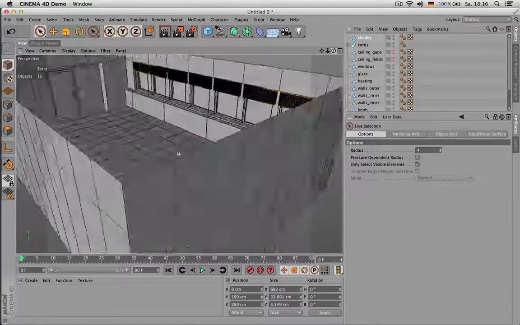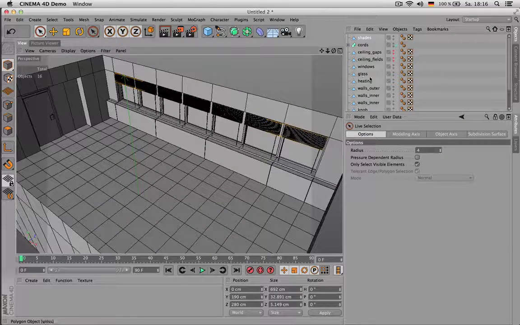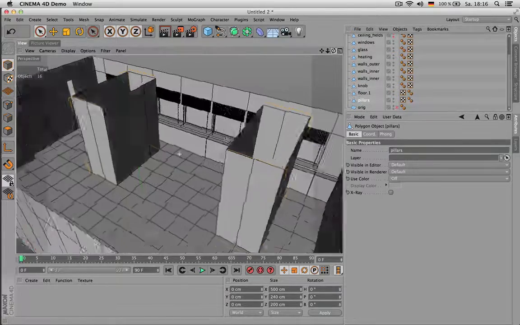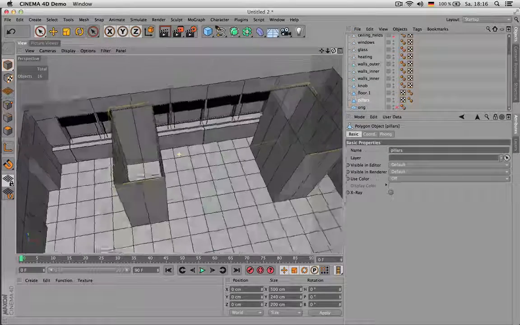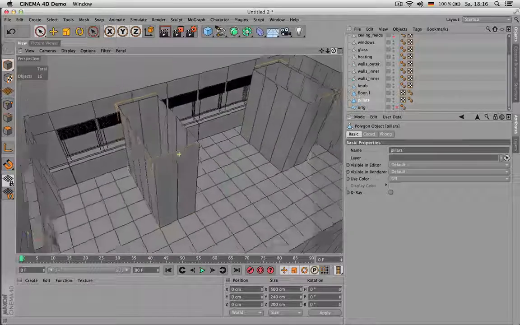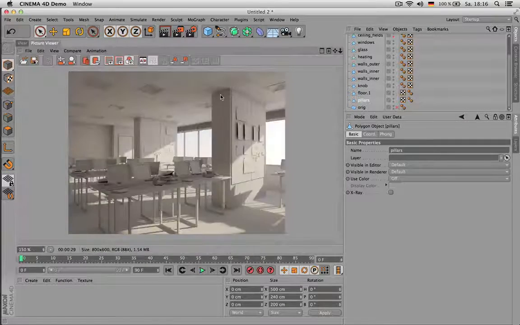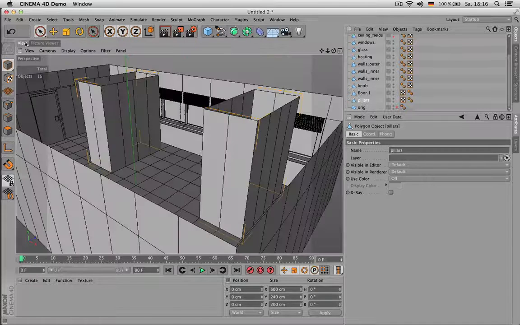Well, back to the ceiling. And also maybe those pillars are a bit bold. I only used one field here, and in my research